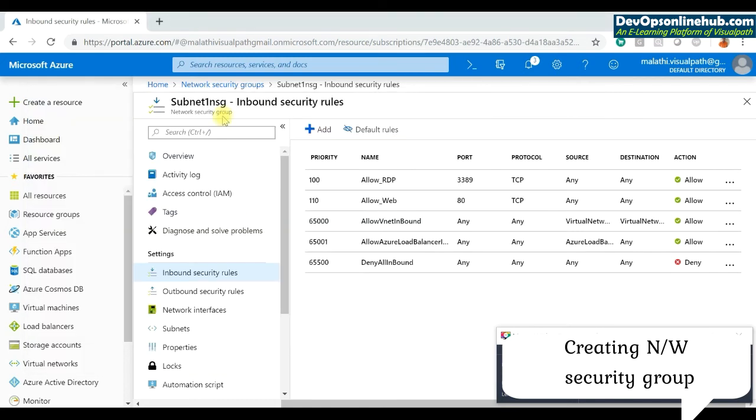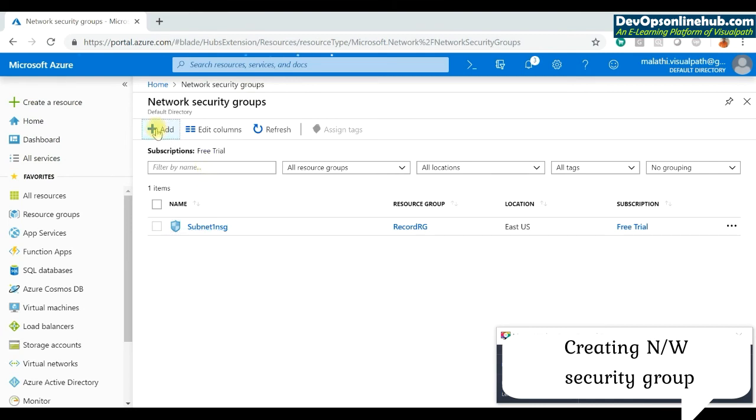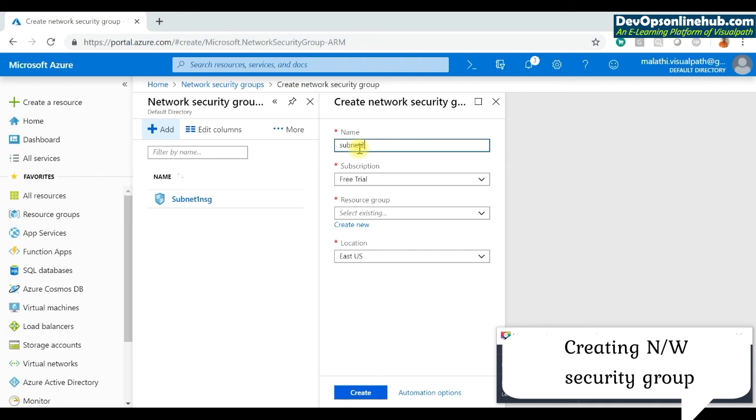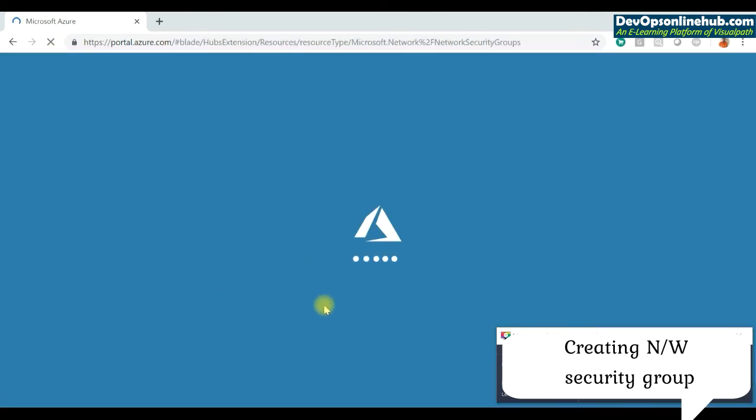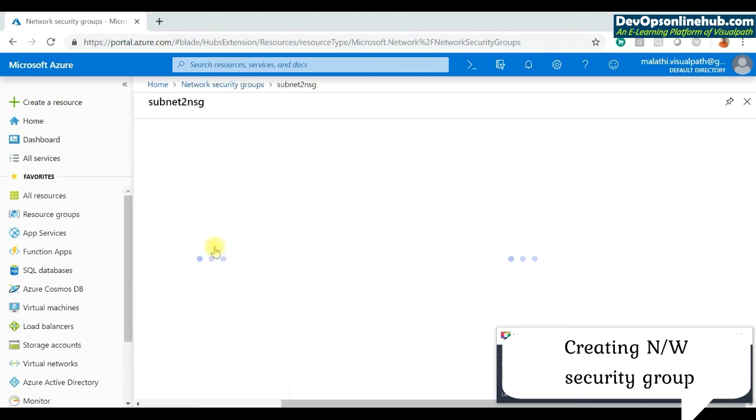Okay, now let us create one more network security group. Add subnet 2 NSG, and the resource group is record org. Click on create. Okay, now the subnet 2 NSG has been created, and inside that one, now what we should be